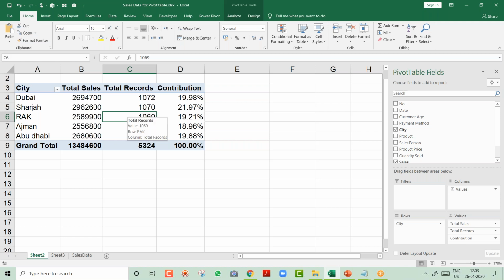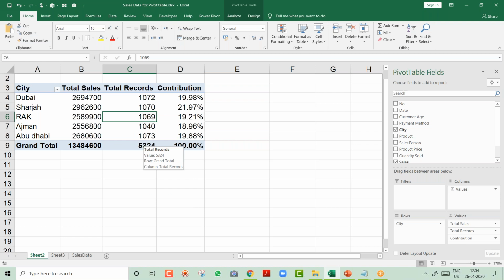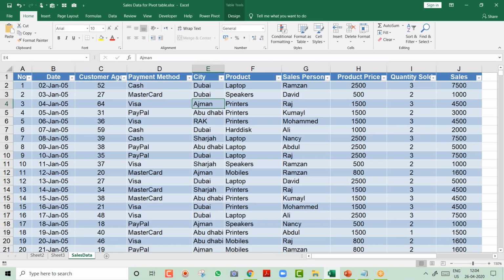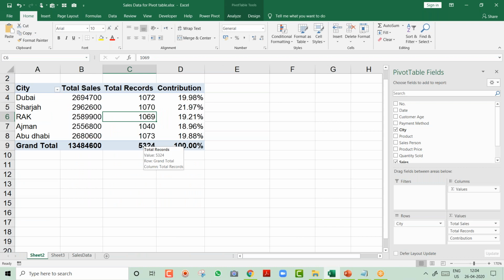Okay. So good. Acha, but if you know this option, then as a trainer, I have to give you something a little bit more. So now, yes, Faraz, you are right, my dear friend. So over here, I will show you one interesting thing, that you don't even have to refresh, my friends. Pivot will refresh automatically when you open the file. This is one of the settings which I really love. And I think some of you might know that I have created a pivot table and everything. Okay. And now I saved this file. I made some changes. For example, I made this Dubai. And now I was in a rush. I forgot to refresh.